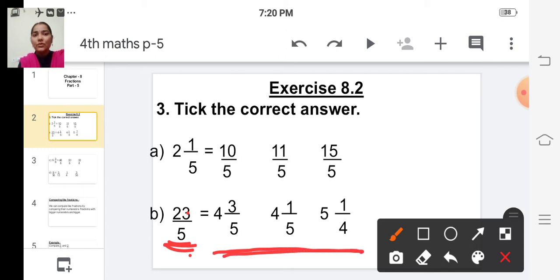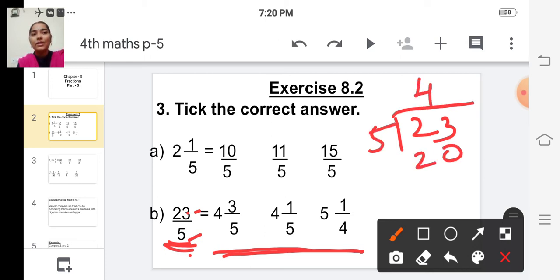There are no common multiples for 23 and 5, so we can directly divide. 23 divided by 5, so 4 5s are 20, if we subtract we get 3 as the